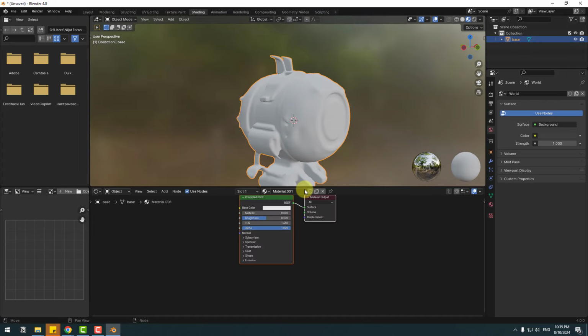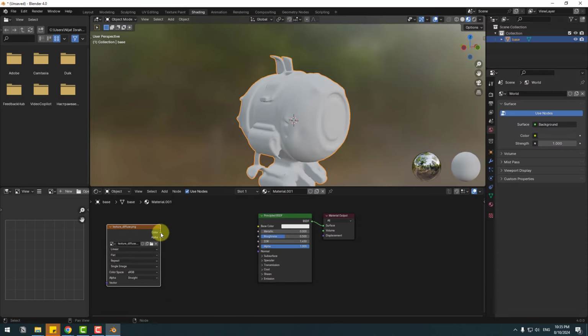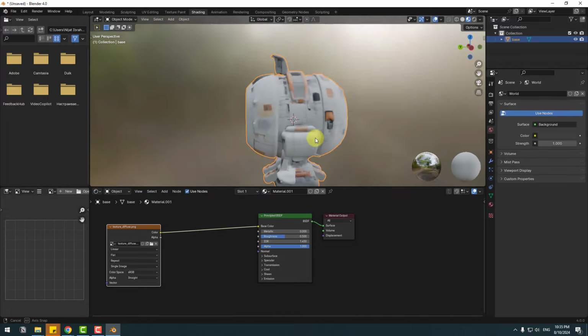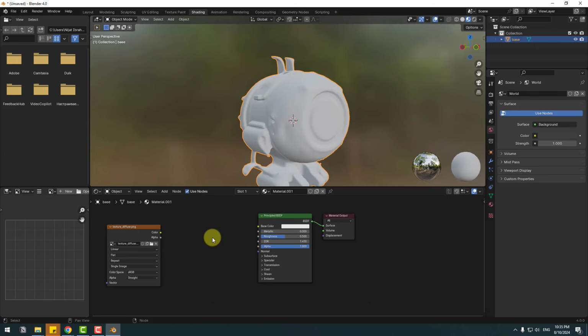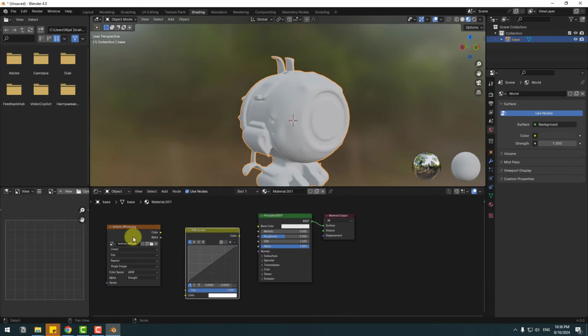Let's create a new material. And right now select this texture diffuse. Let's drag and drop it into the texture here. Select this color, link to base color. Nice, but we can change the colors a little bit. Let's unlink here and press Shift A, search colors, and select these RGB curves. Let's use it, and select this texture diffuse. Let's link to color. Select these RGB curves, link to base color,